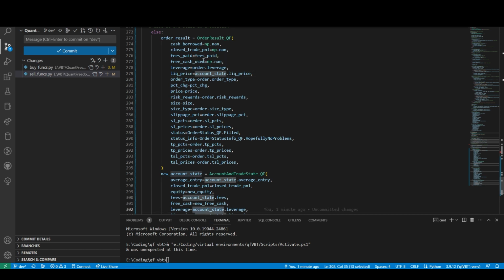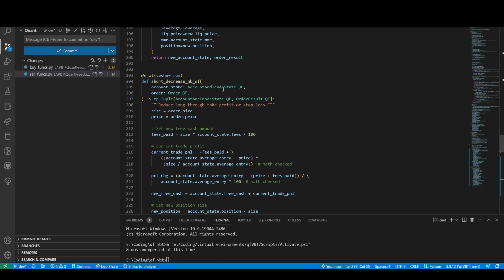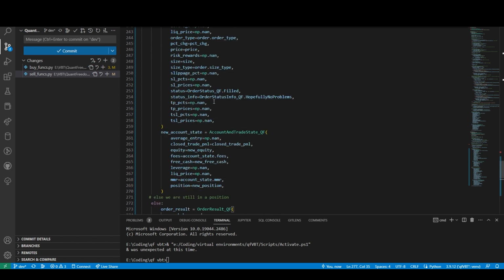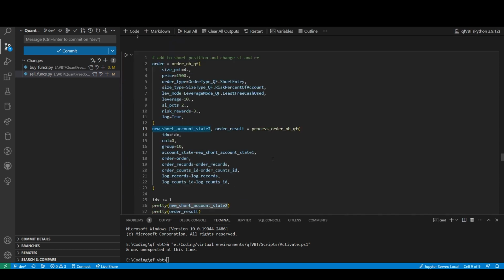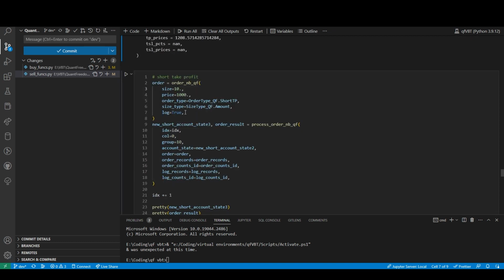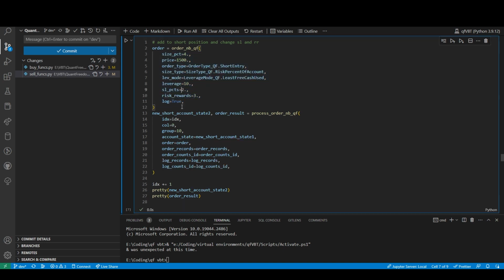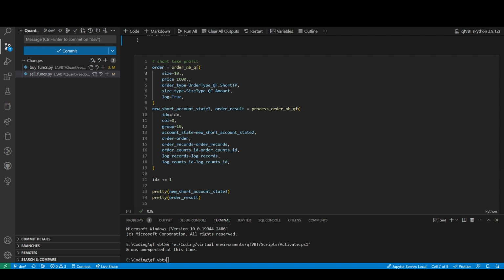Probably better to have the account statement. The account state leverage, the account state liquidation, the order type, percent change, order, risk to reward. So if we don't put the risk to reward, if we don't just copy this and put it into the take profit one, then it's going to overwrite all this information. But I don't think we even need that stuff, because if we're ever going to place another order, the order is going to overwrite all that stuff anyways. So yeah, we don't really need anything except to keep the,